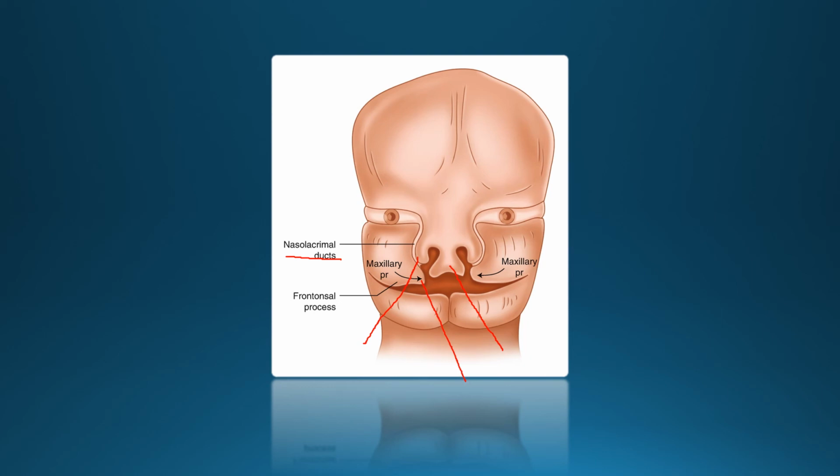Once it has joined with the globular process, the separation of the nasal cavity and the oral cavity occurs. That is, this maxillary process only produces the persistent opening of the primitive anterior nares.